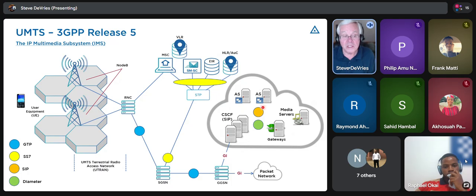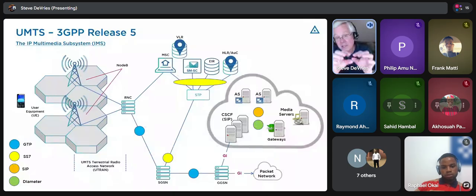This one is called SIP, Session Initiation Protocol. This one is called Diameter. So there's two new protocols. So now with 3G, we've got a lot of different signaling protocols. You've got SS7, which is managing the mobile. It's doing your update location, it's doing your authentication, it's keeping track of the mobile, it's doing everything to know who you are. That's SS7.